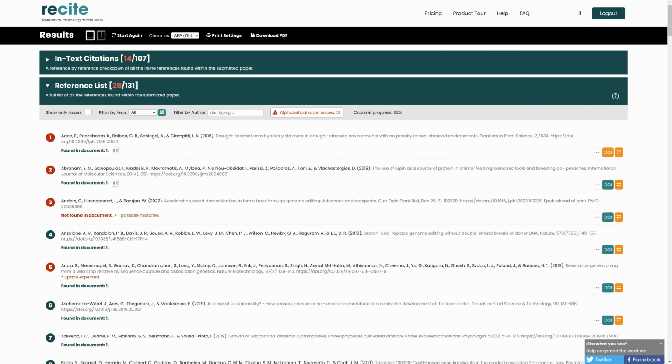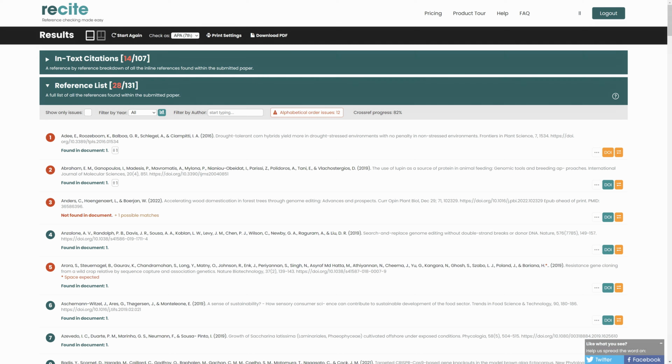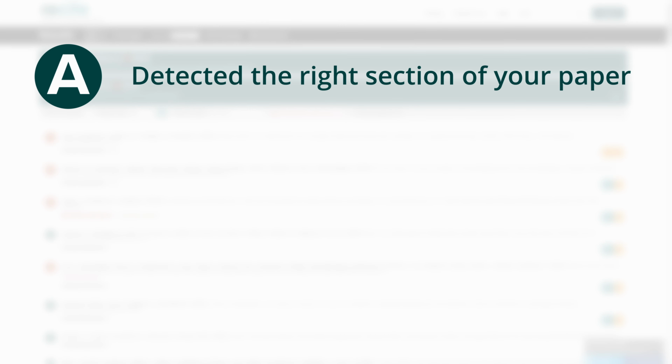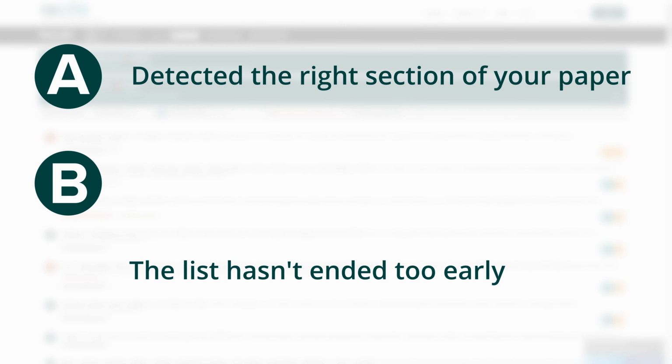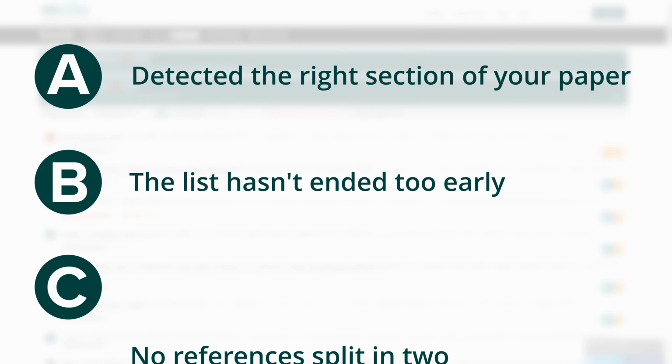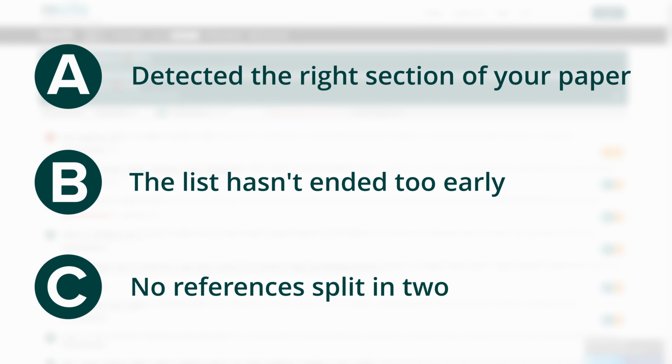We'd always recommend taking a quick look at the references Recite has detected, ensuring that it's A, detected the right section of your paper, you might have more than one list, B, that it's not ended the list too early, and C, that it's not split any references in two or joined any together. Generally, it does a great job here, but occasionally odd formatting in the uploaded paper can throw things out. Some simple changes to the reference list in your document normally fixes these, but do get in touch if you're